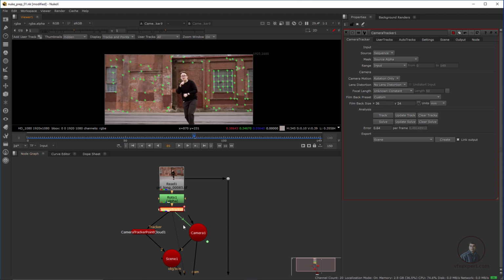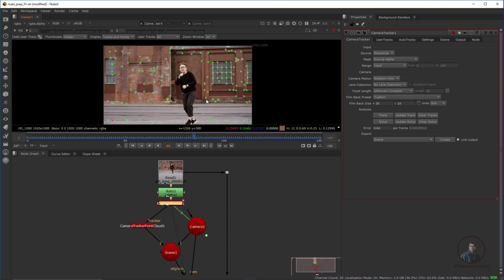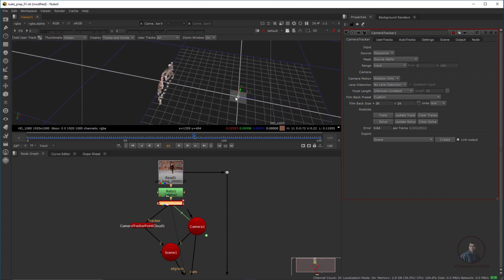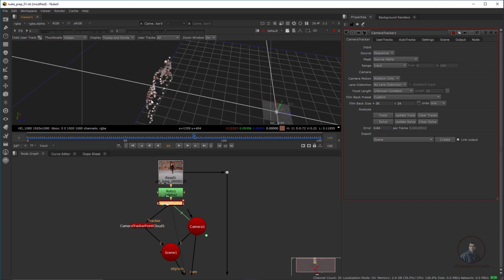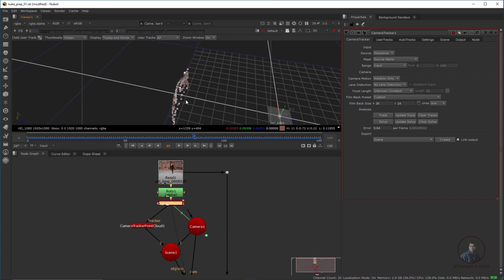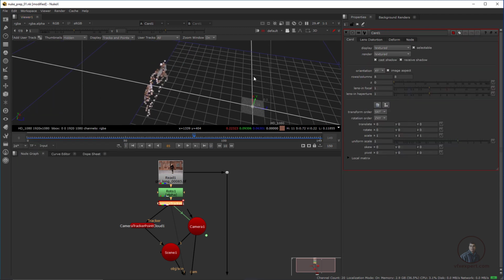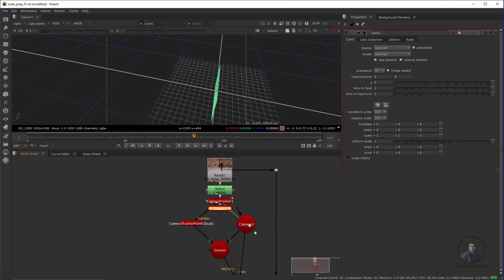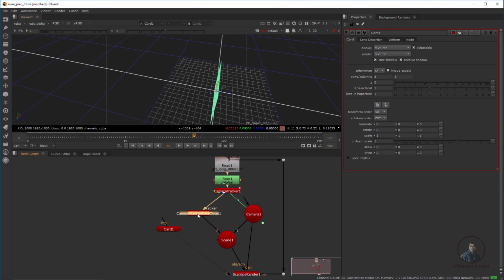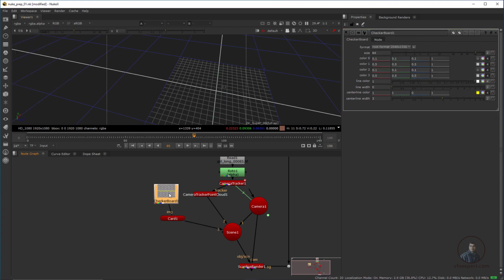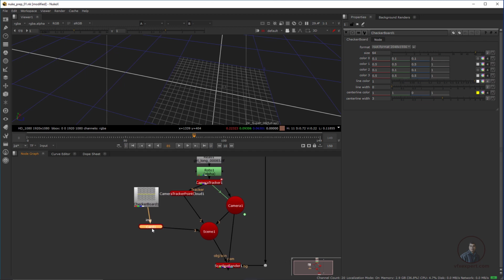Even if you want, you can also come here in 3D view, press tab again and simply create a card and reposition it on top of these positions, because this is actually our wall here, okay. Then simply come here in the 3D option, geometry, and create a card. So you can see this one, and insert this card in our scene. Then temporarily take a checkerboard, otherwise it will show in black like this.